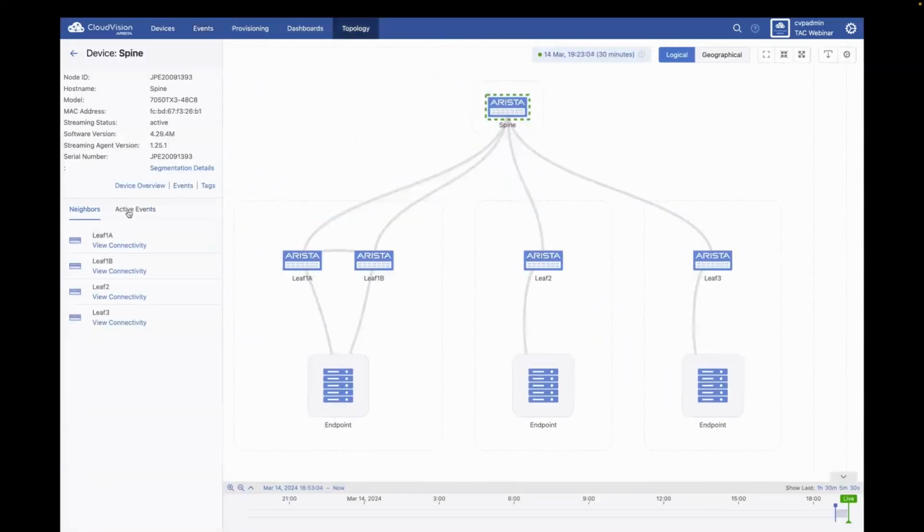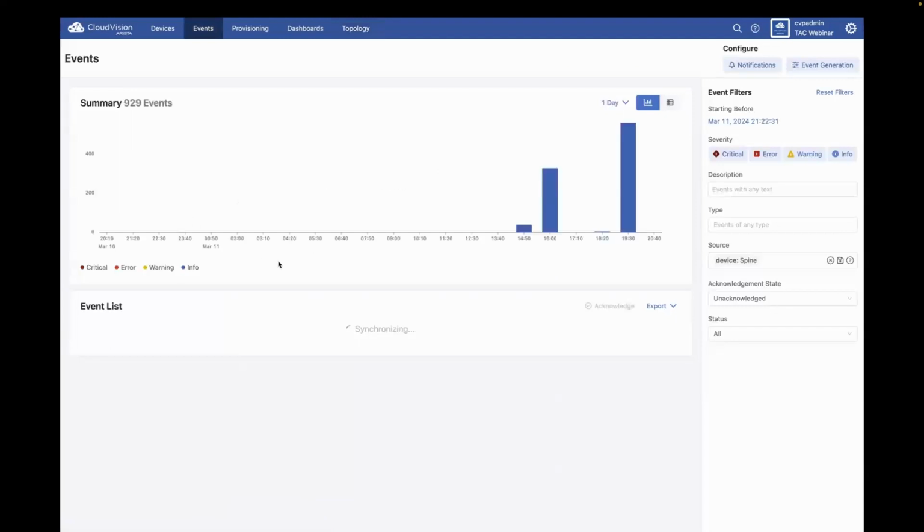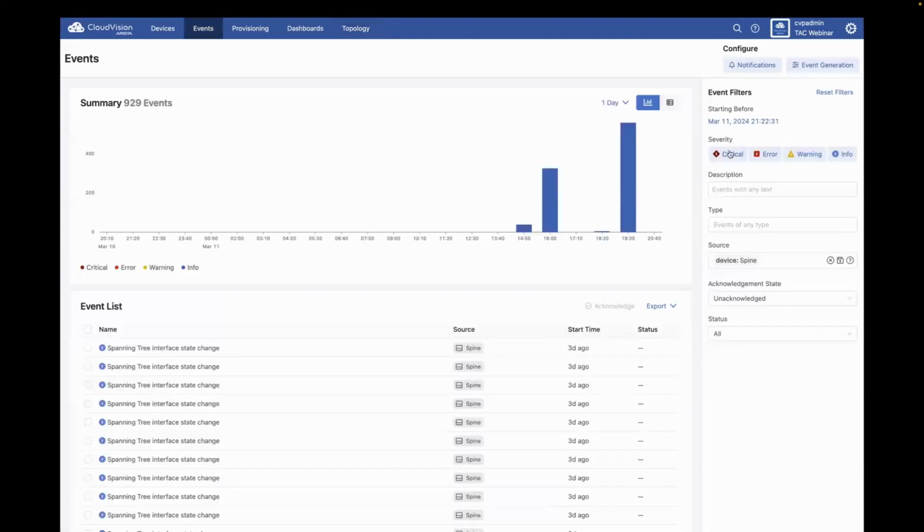So the next device in the topology or in the path, which is the spine, we click on the active events to see that there are no active events being generated on the spine as well. And now to look at the past events on the spine device, we're going to click on the events tab, and we can see here that the timeline is already adjusted according to the issue timeline